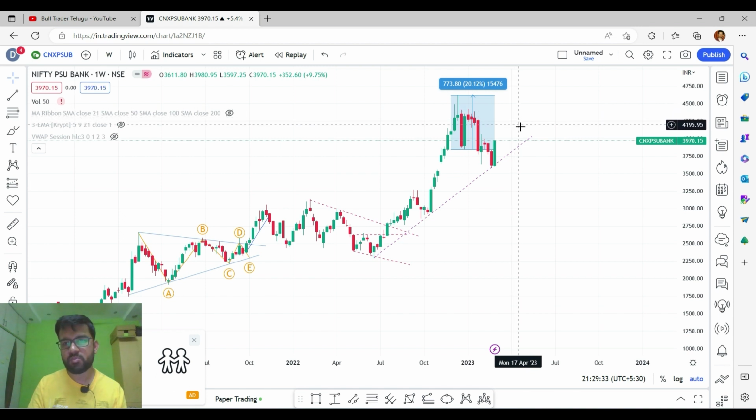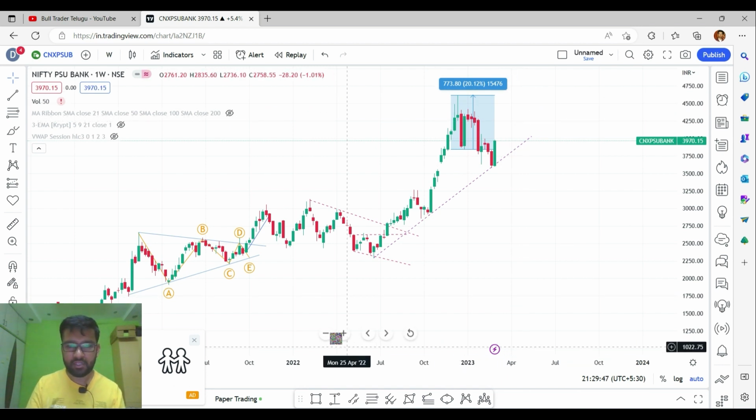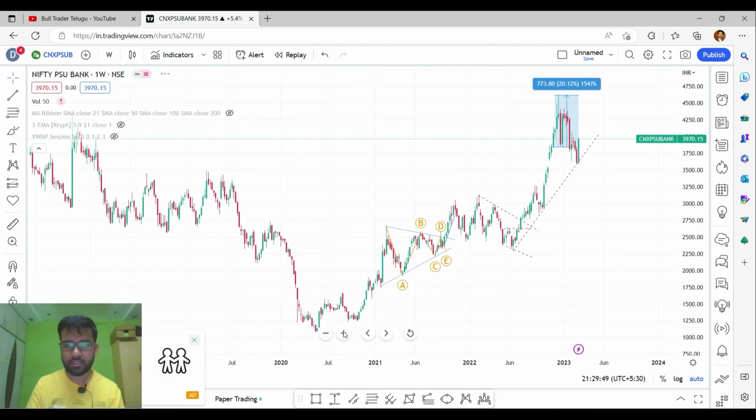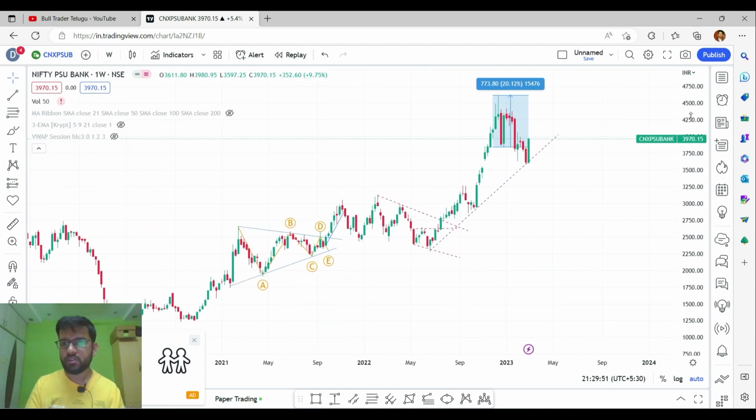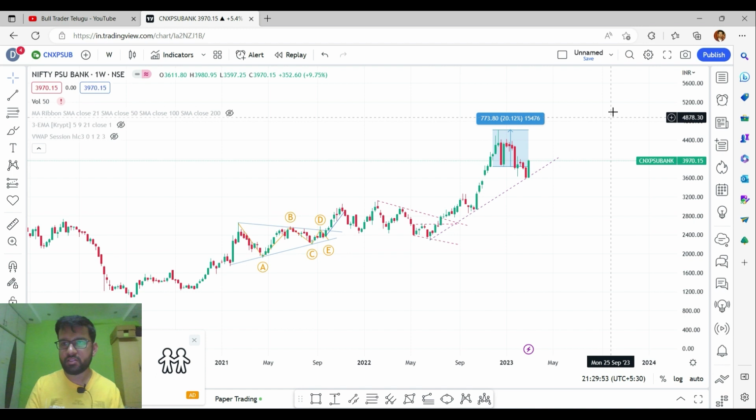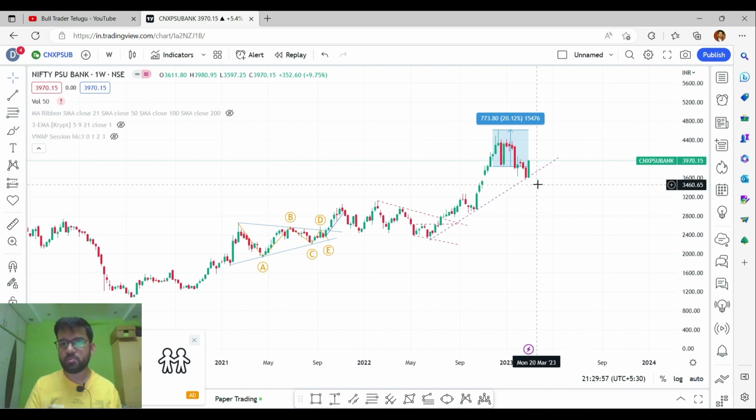and our first target will be 4,258 levels at this point, that is 4,240 or 250 levels. And if the market tries to close above this level in this week, then we can expect a further rally up to this level, that is 5,000 levels, or at least 5,100 levels in the coming week. Based on this retracement level, we can expect a good rally up to 5,000 or 5,100